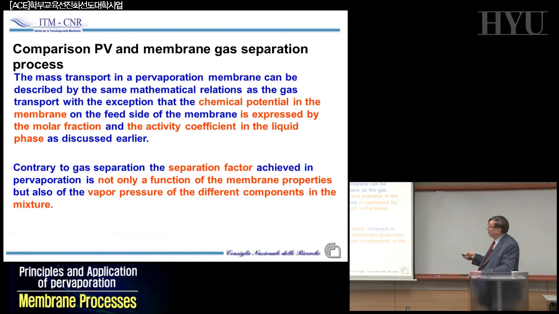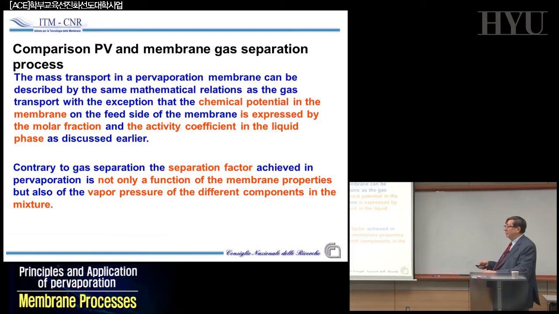The mass transport in pervaporation is based on the same kind of equation that we will use talking about gas separation, and basically discussed in terms of the molar fraction and the activity coefficient in the liquid phase. But what is different is that the separation factor that you have in pervaporation is not only related to the